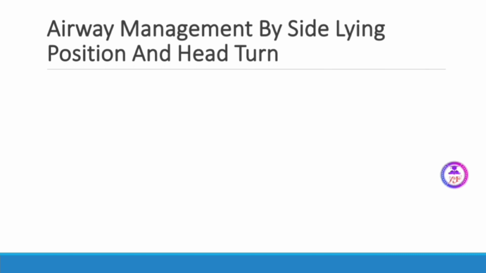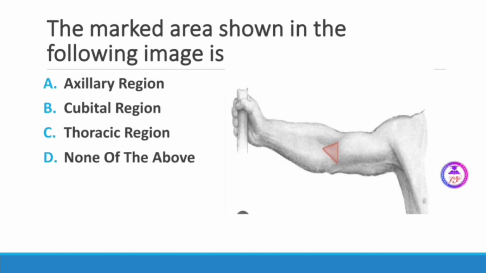Marked area shown in the picture is, we have to identify which is the region. See, options are axillary region, cubital region, thoracic region, none of the above. So here this answer is, this is the